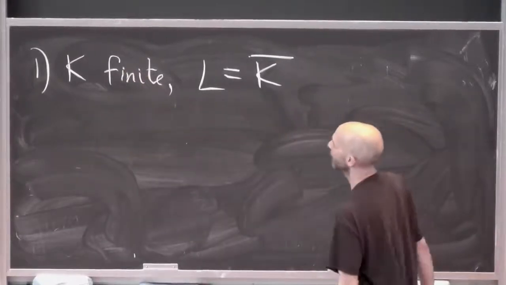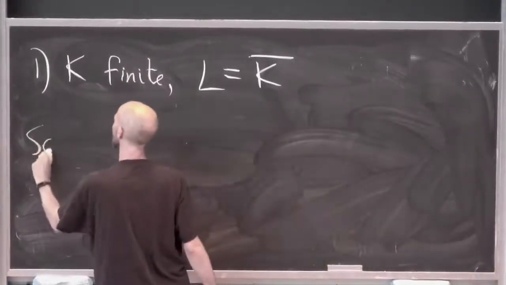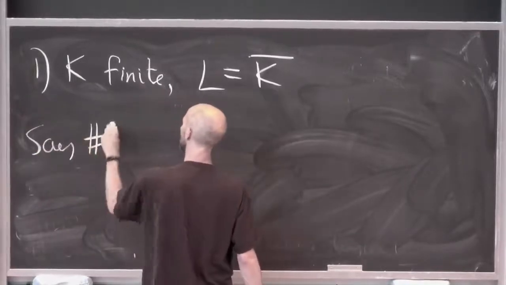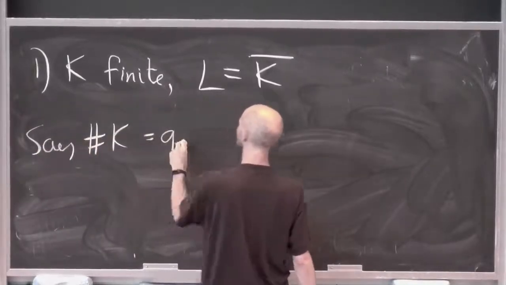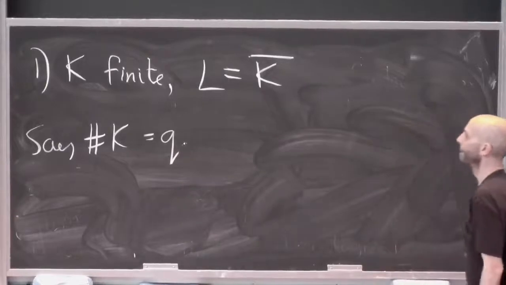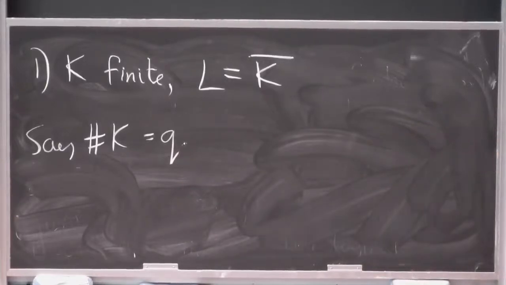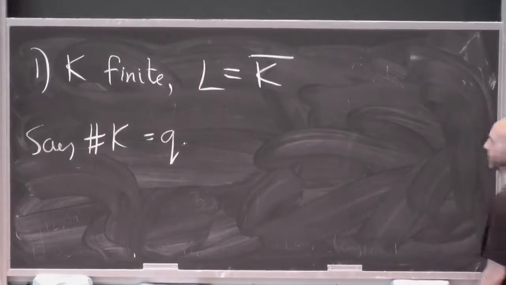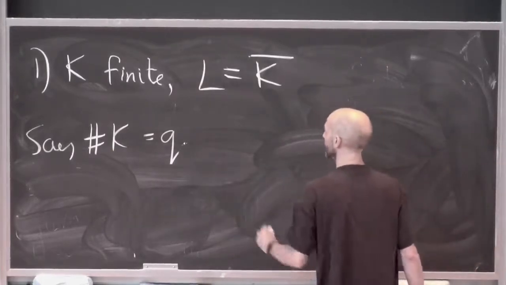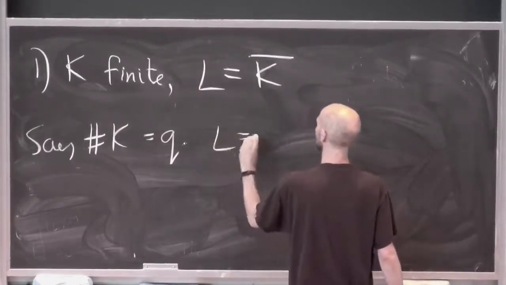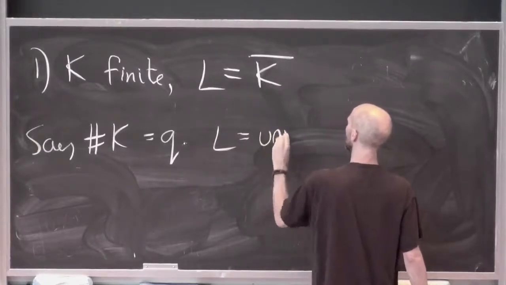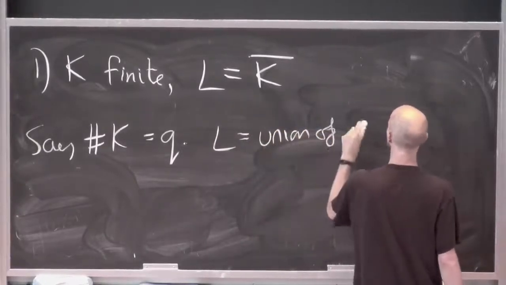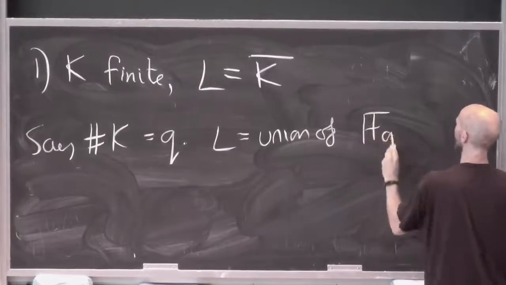Let's say the size of K equals q. Now, it turns out that up to isomorphism, there's a unique field of any prime power order, right? Then L must be somehow a union of Fq to the n,